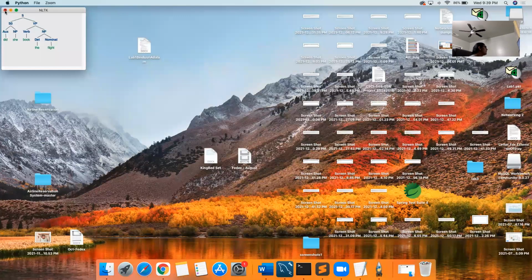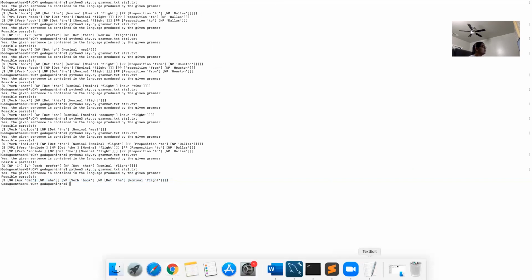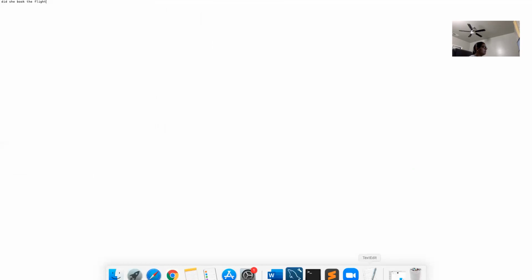This is the parse tree, and this is also a valid sentence. So this is the output, and this is the only possible way of generating the sentence from the given grammar. And coming to the next sentence,